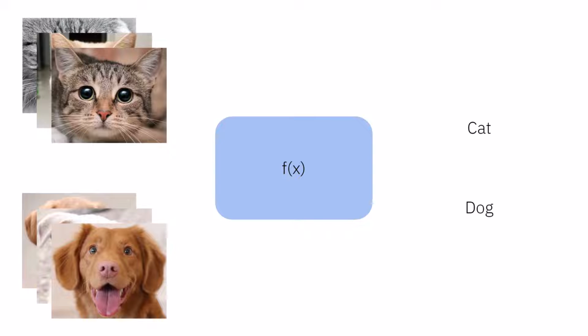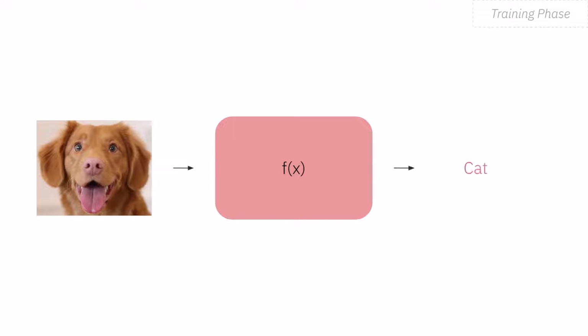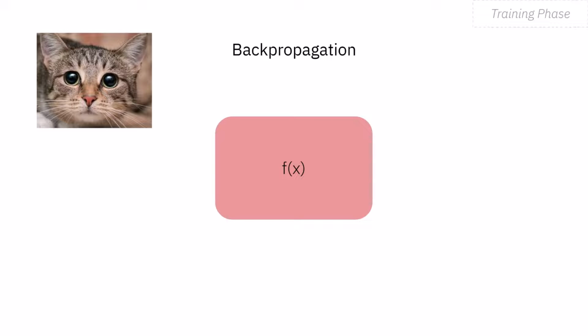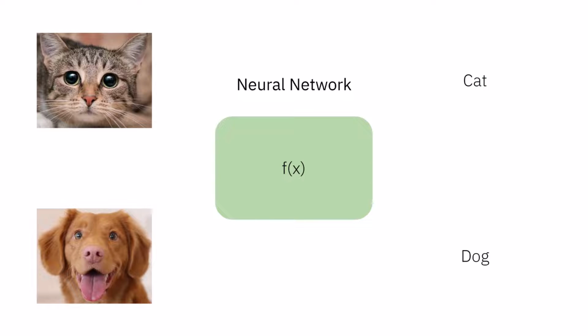The function's behavior is determined by the parameters inside of it. Initially, the untrained mathematical function will have completely random parameters and will make incorrect predictions. But through a process called backpropagation, the mathematical function will update its parameters to better model the relationship between the input data and their correct labels and produce more accurate predictions. At a basic level, that's all a neural network is, a type of mathematical function that's trained to map input